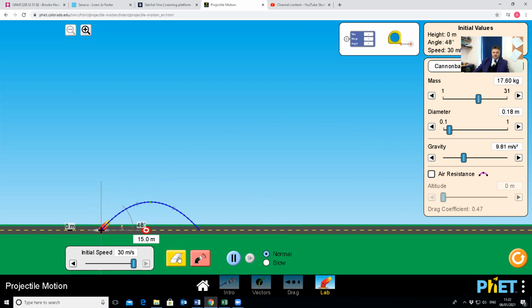So when you fire a projectile, remember that it is just acting under gravity. At the moment, I've got my air resistance switched off. So we're not really bothering about air resistance for the first part. And then the second part, we're going to look at air resistance in a bit more detail. As you may notice, when you fire a projectile at a particular angle, it follows that parabolic path that we talked about yesterday. And because the only thing really affecting this is gravity,